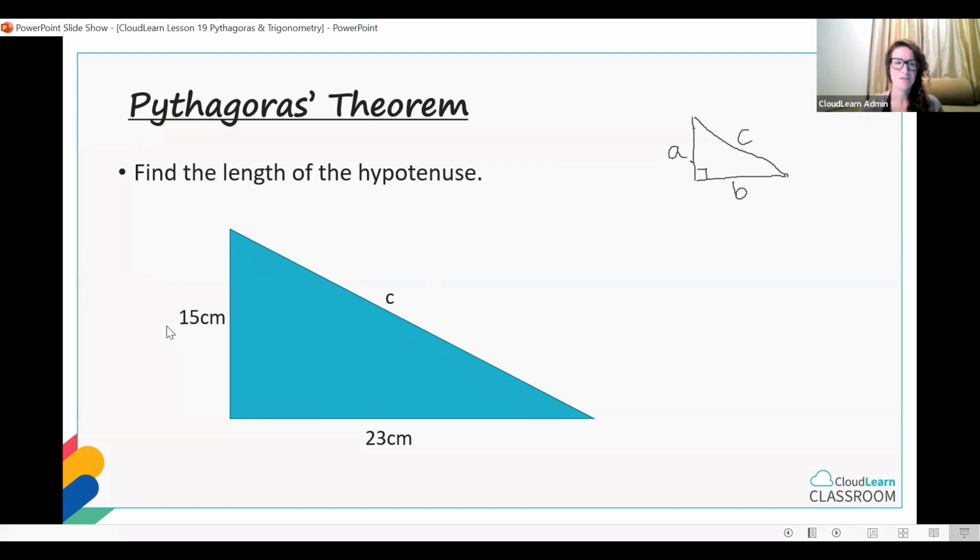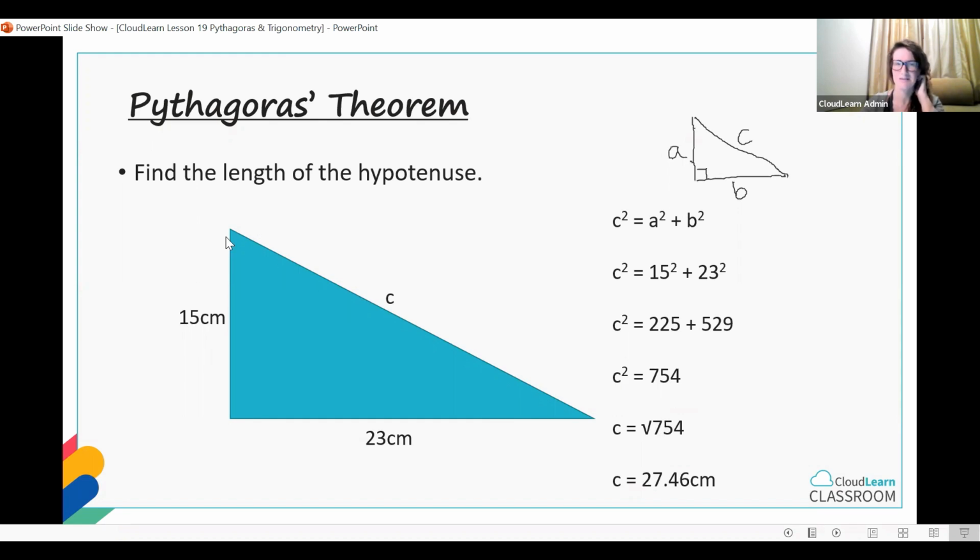So the two shorter sides here are 15 and 23 centimeters. Okay, so if we square each of those shorter sides, we've got 15 squared and 23 squared, and we add those together. That's going to be equal to c squared. Okay, c squared is equal to 15 squared plus 23 squared. And then working those out, we've got 225 plus 529. Okay, so typing that in your calculator, this would be a calculator problem. And then adding them together, and then to find the longer side, we must remember to take that square root of 754 there, and the final answer will be